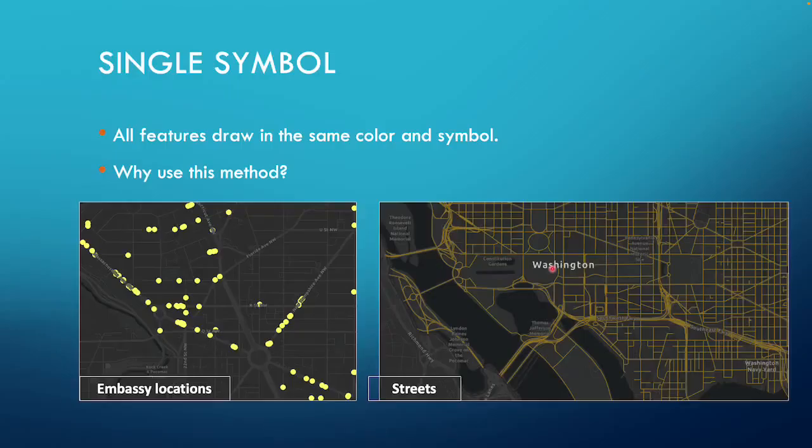So to start with, as you add data to ArcGIS, you may not have really thought about it or noticed it, but as data comes into ArcGIS, it's displayed as a single symbol. And so all the features of the data you added will draw in the same way. They'll be given the same color and a single symbol. If it's point data like this, it's usually just a round dot, and then ArcGIS will randomly assign a color. So you may have noticed if you're looking at the person next to you, why are your dots blue